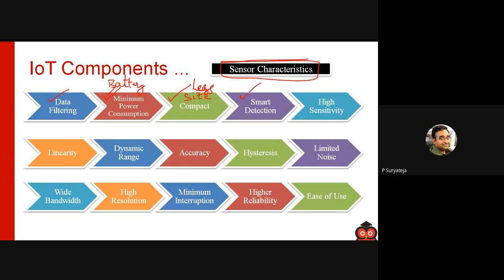And then sensors should be smart. That is, these sensors should be able to be managed remotely from another place. Let's consider the forest fire detection example. In that case, we install the sensors on trees and go away. From another place, I can see how the sensors are working and all these things. That is, managing the sensors from a remote location. That is called smart detection, right?